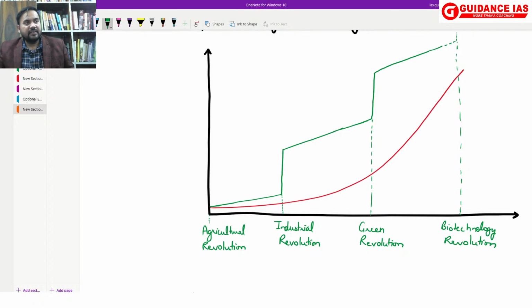So can I explain this, that from time to time the world has seen technological revolutions, and as a result of these technological revolutions, the relationship between food, resources and population has not followed the Malthusian pattern. It has more followed what? The technocentric pattern.